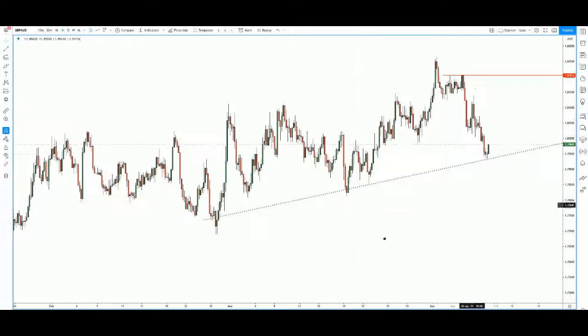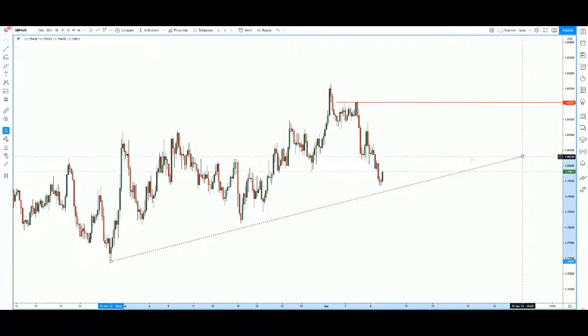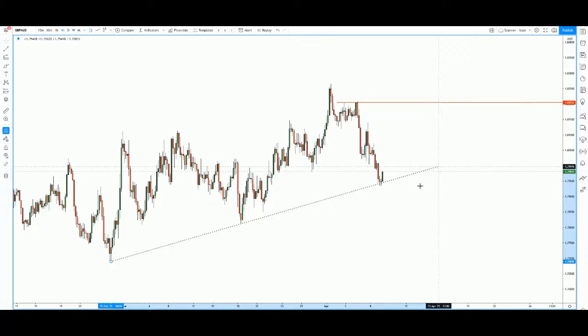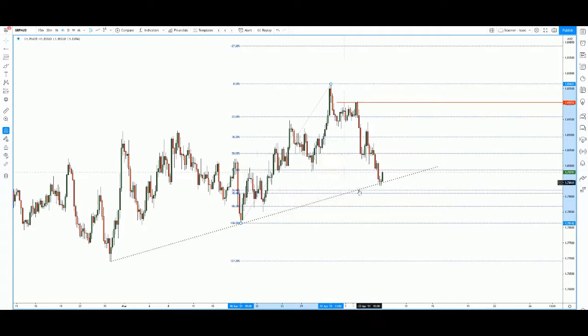Alright, we can actually tidy up this trend line. Try to touch as many candles as possible without cutting the candle body. Okay, we can also do a retracement of the last push up, from this low to this high. We see that price, okay, open off Fibonacci ratio, is holding quite close above the 76.40